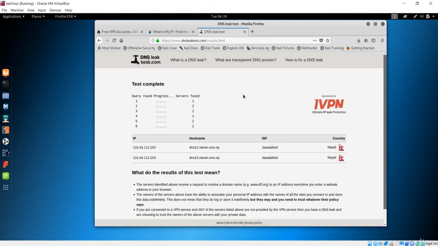Hackers want to be hard to detect, so they want to remain at least anonymous. There is no chance of being 100% anonymous, but we have to try to remain, as much as possible, in a state where we are not completely exposed. So we have seen the virtual private network way, but it was not effective because there was a DNS leak.